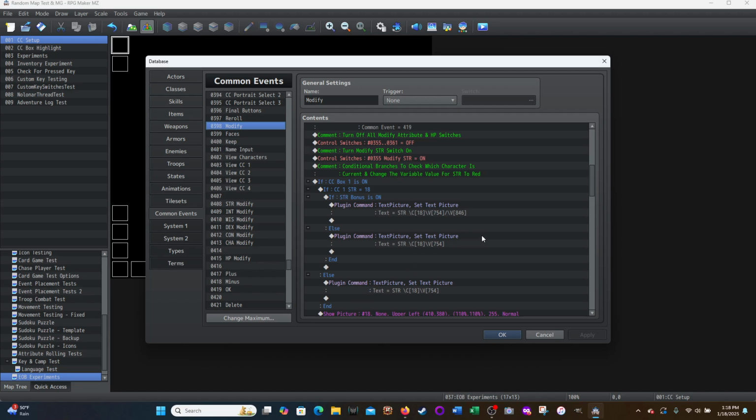Then the rest of the event is 4 different parts, depending on whether you're working with character 1, character 2, character 3, or character 4. So there are conditional branches to check which character is current and change the variable values for strength to red. So if CC box 1 switch is on, which was set when we clicked on the blank portrait for the first character, if CC1 strength is 18, and this right here, I already covered in the section for